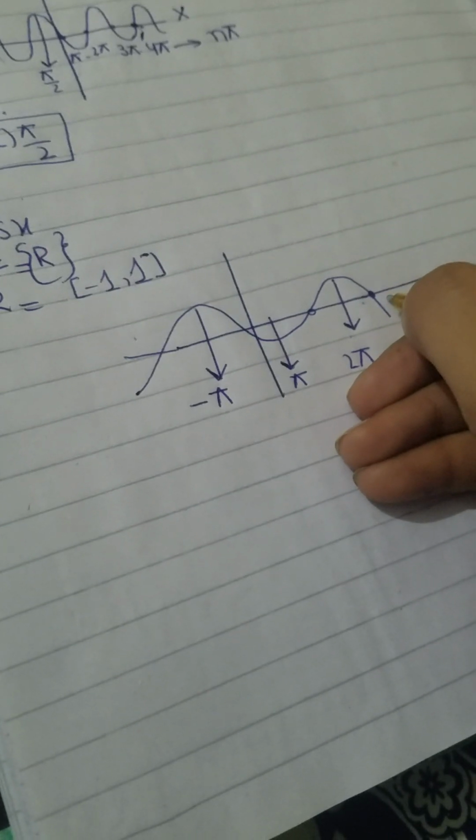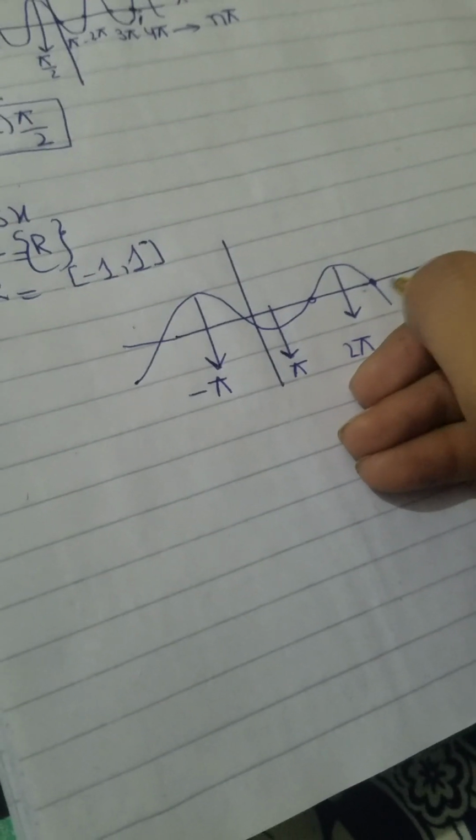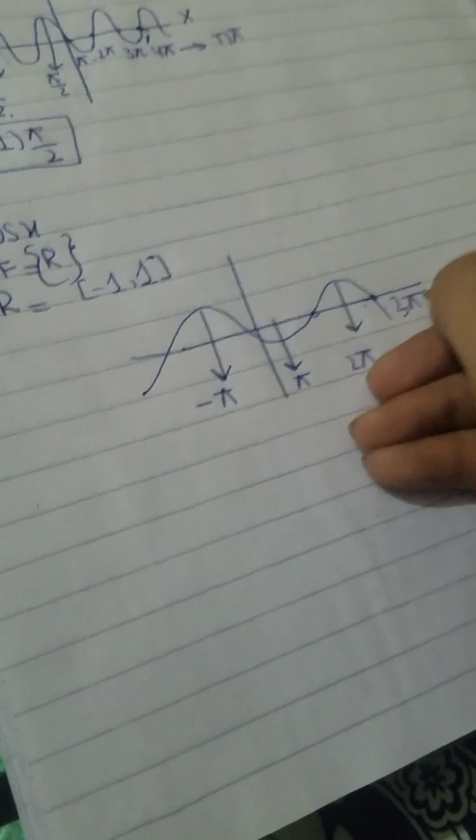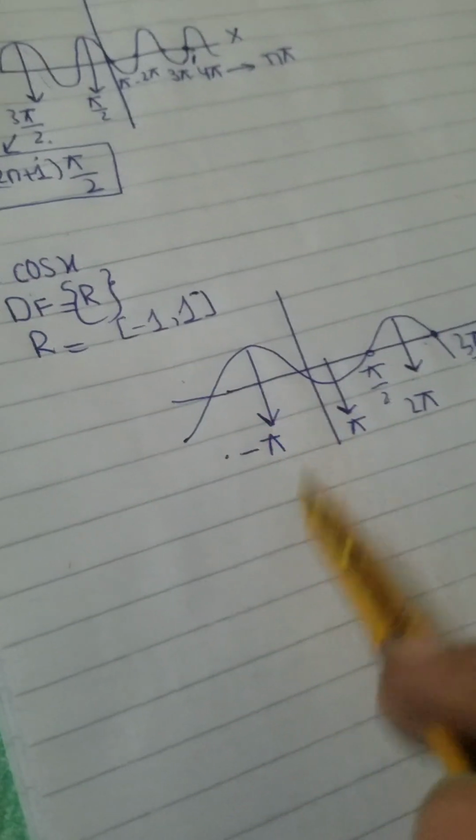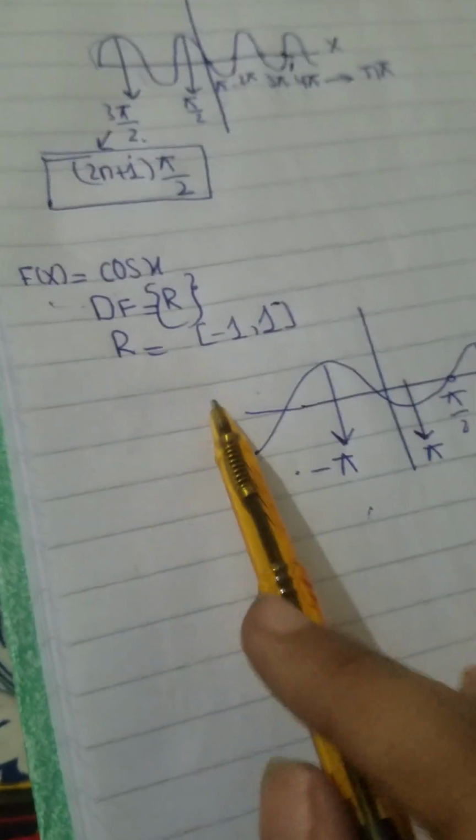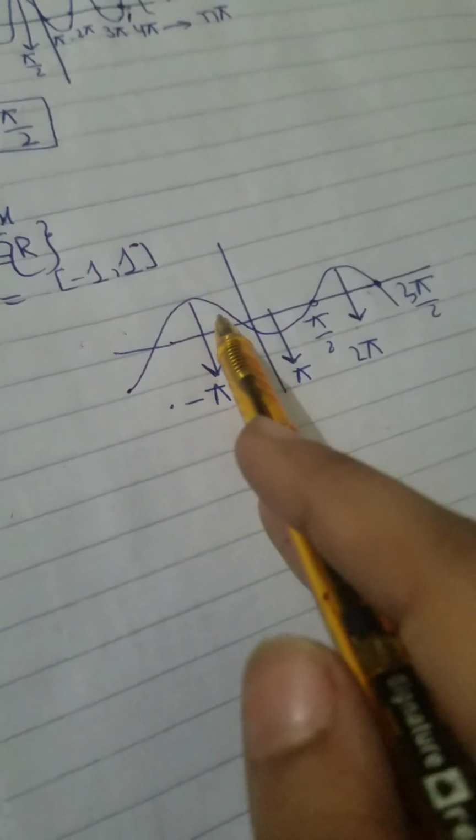So for instance, here we take the odd integral multiples, which are pi by 2, 3 pi by 2, right? Here we take pi by 2, and the same goes here in the negative sense. So here we take values which are negative. So this is basically the cos function, right? And this domain, or this